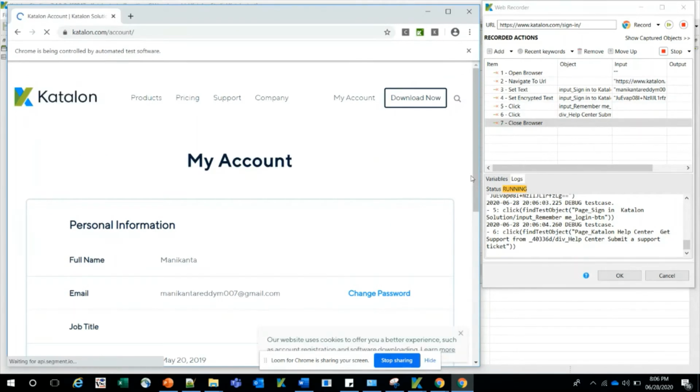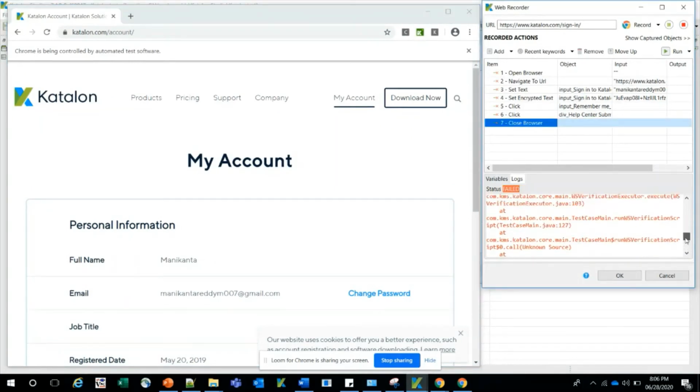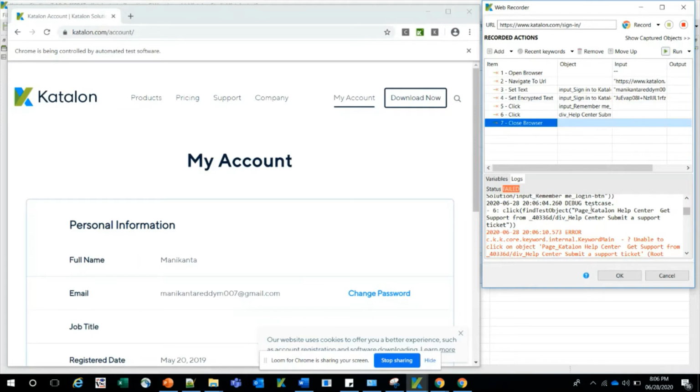Now it will try to click on the element Help Center, but it failed, and you can see the error.